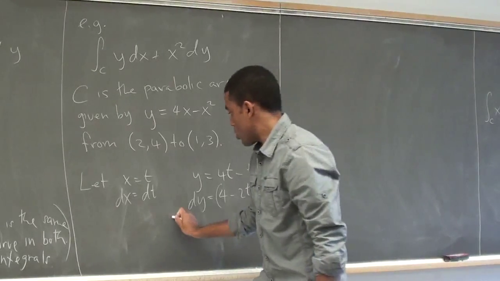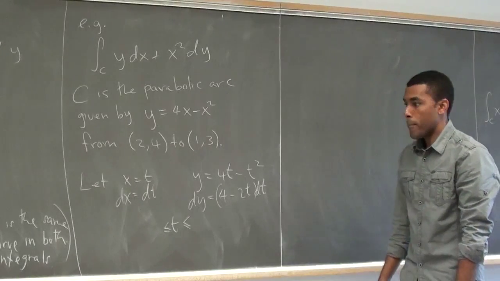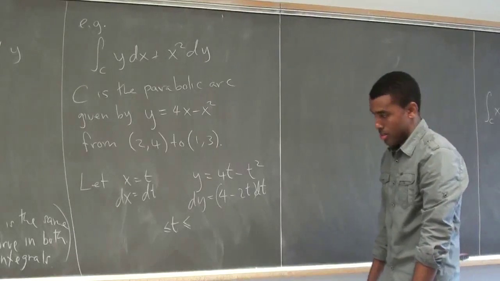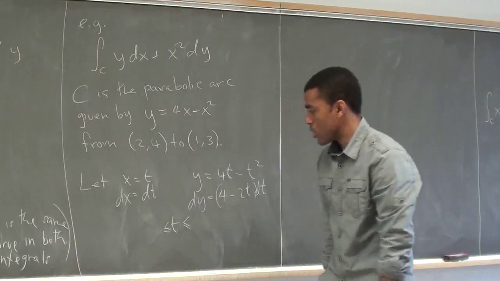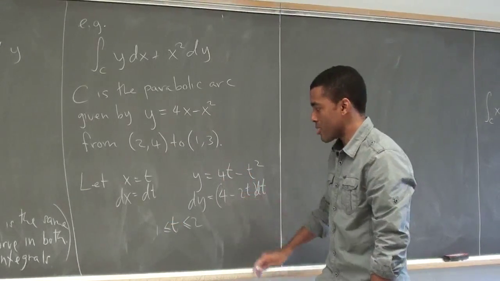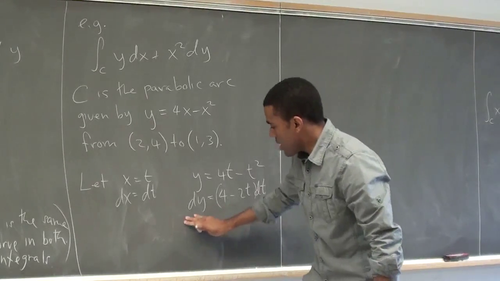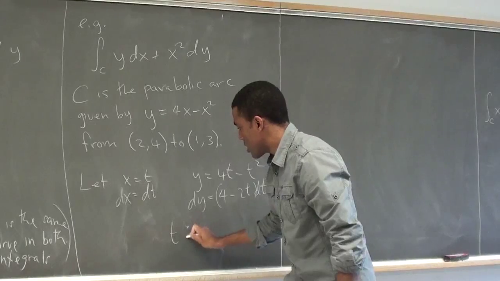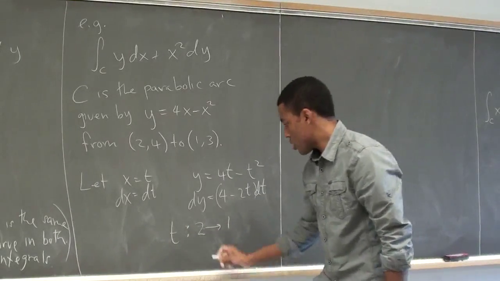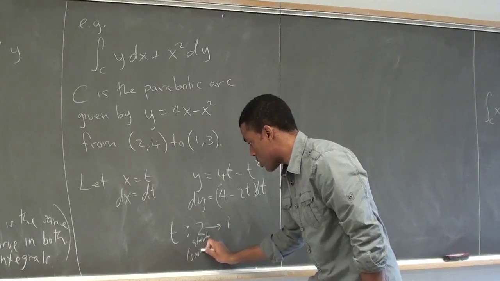So just to be clear, you said from 2, 4 to 1, 3. So that's right, so what is the t value running between? Does that indicate like a certain negative orientation or something? Yeah, it is orientation, which is another thing I wanted to mention with this problem. So you can write this, it would be technically incorrect, right? Because this assumes that 1 is the lower bound, 2 is the upper bound. Here, you want the t to actually start at 2 and go to 1, right? So here's the start, which is going to be the lower bound,